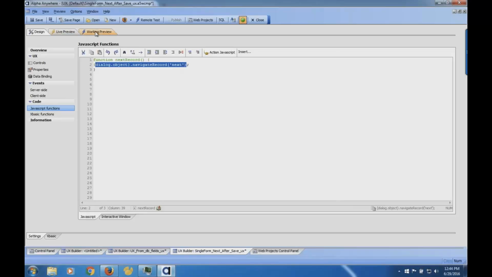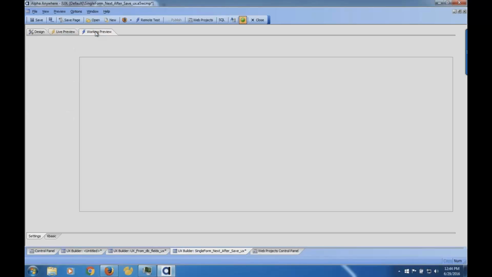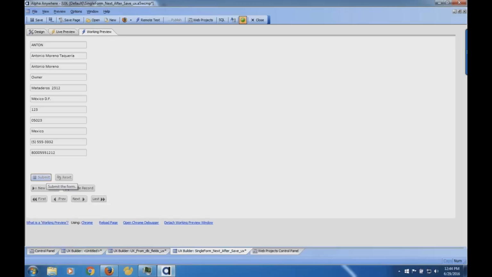So if I haven't screwed up my stuff, you'll notice now that I'm on AlphaKey. I can change that, click submit, and notice what happened. Not only did it save the record, but it did a navigation to the next record. I can do the same thing here. There you go. So this is how I can add behaviors to that save. Pretty simple.